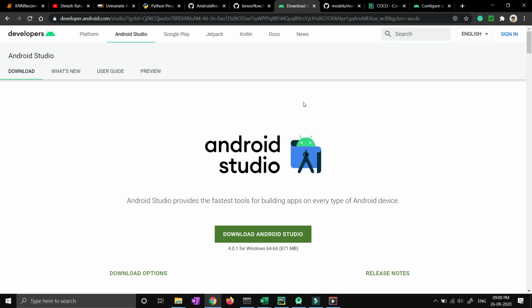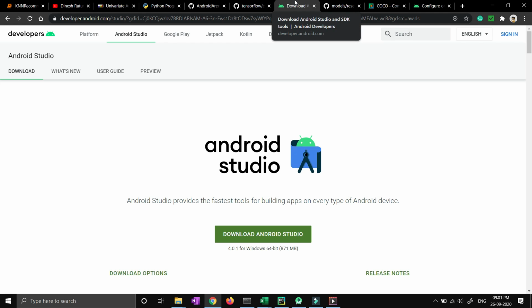Now before starting any kind of TensorFlow project in Android, as you already know and as I have told in my previous videos, you have to download Android Studio because it is the IDE to develop Android applications, and you should download it on your local laptop, right? This is the link. I'll paste this link in the description box. Just go ahead and download Android Studio. It will take some time because it is around 1 GB, and after downloading it, it will download some more SDKs. So it is better to be online with a good internet connection. Have patience because it will take some time, right?